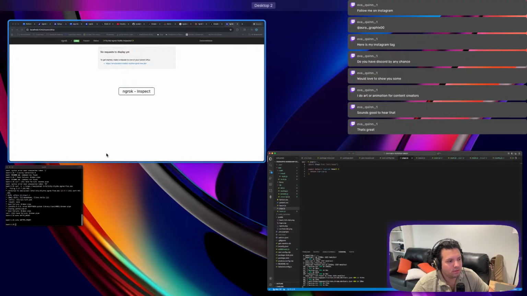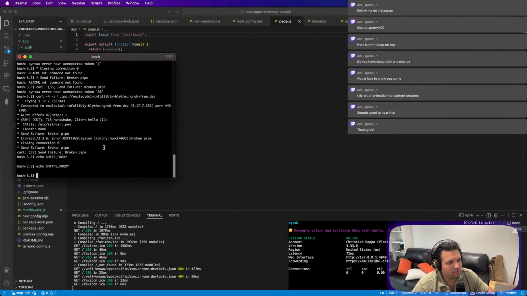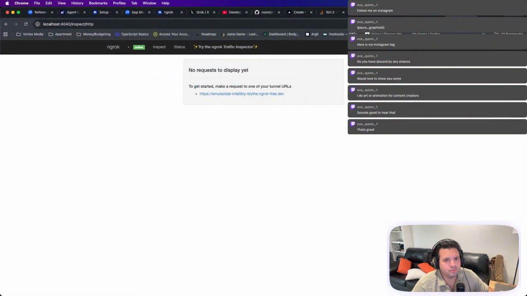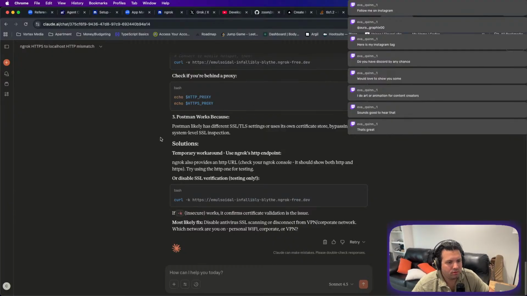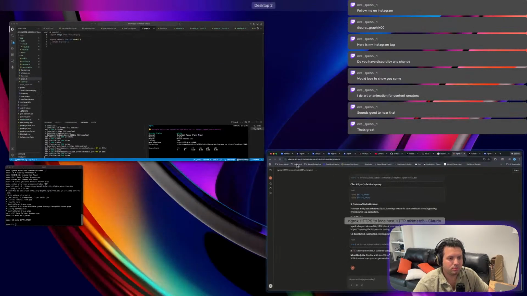I really do not understand here. Disable SSL verification. Let's see if this works.